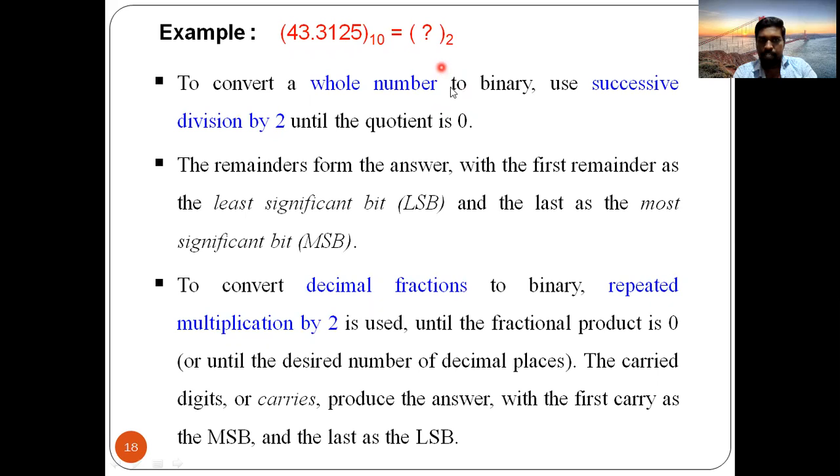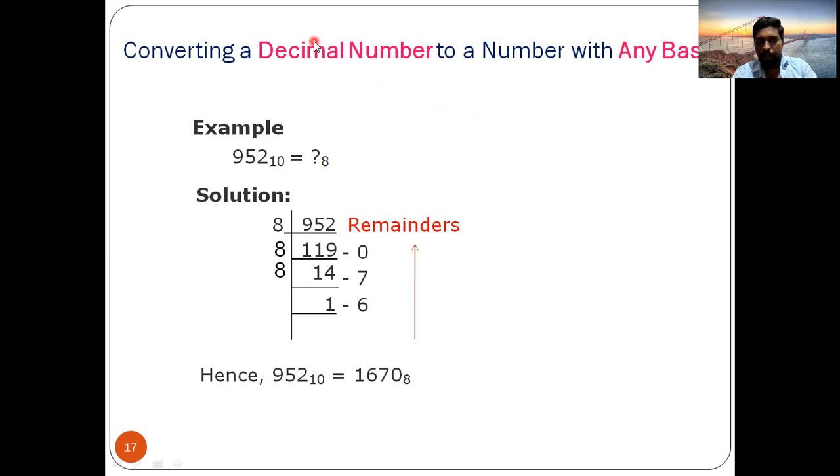Now, suppose a decimal point is given, unlike the previous problem, where they didn't give a decimal point. Suppose we have a number like a dot b. You call this a the integer part, and you call this point b the fractional part. Remember this important point. If a number exists in this a dot b format, a is called the integer part. This entire dot b, the dot also included, is called the fractional part.